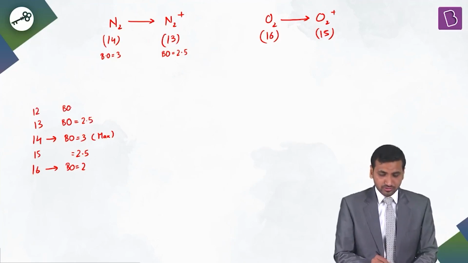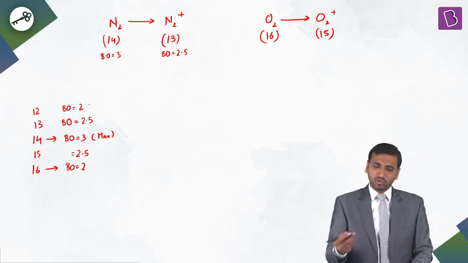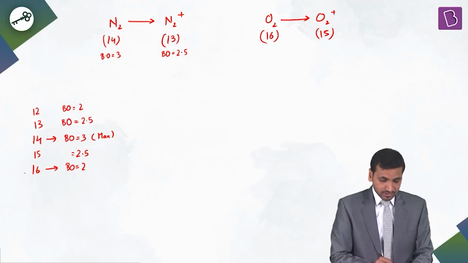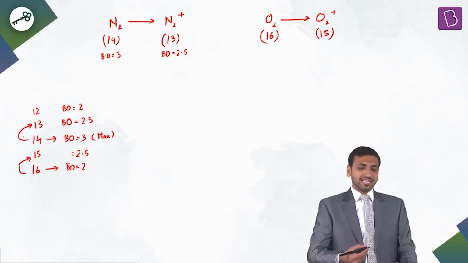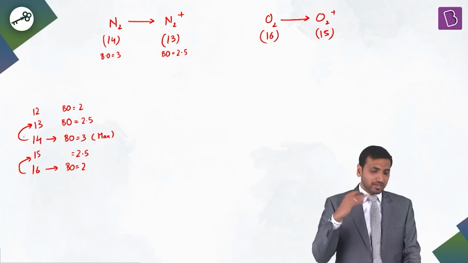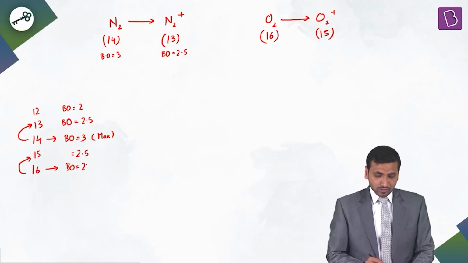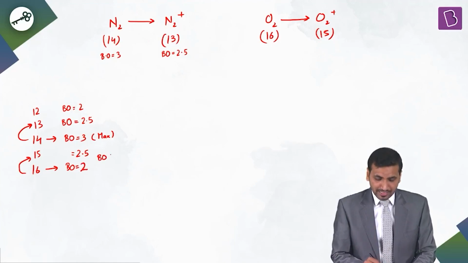Bond order is 2. That is a different case, that there you have two bonds and both the bonds are pi bonds, but that is totally different. We are only concerned here with 16 to 15 and 14 to 13, right? This is observation. In exam, I'm not going to write anything like that. I'll just do that in my mind, okay? So you are moving from 16 to 15 and 14 to 13. In 16 to 15, the bond order is going from 2 to 2.5. That is, bond order is increasing.